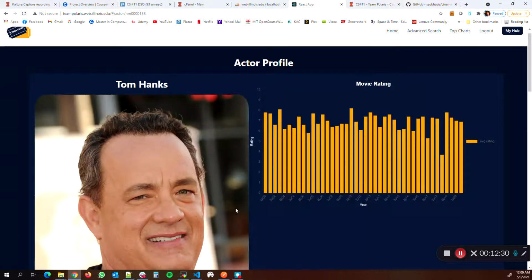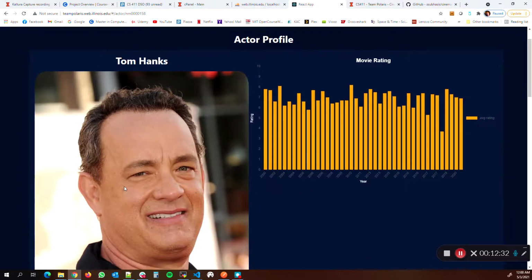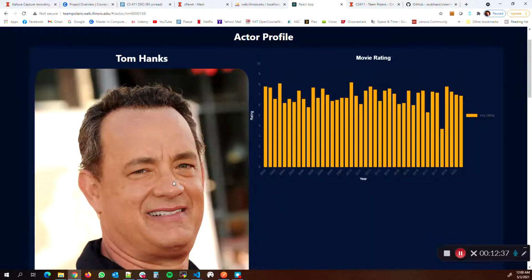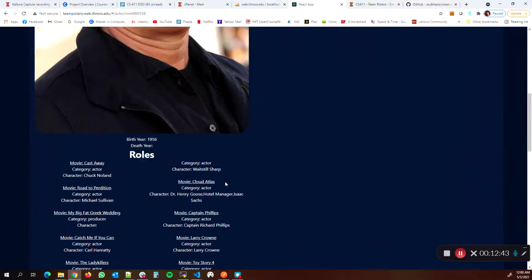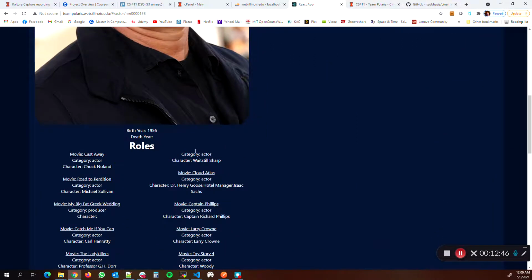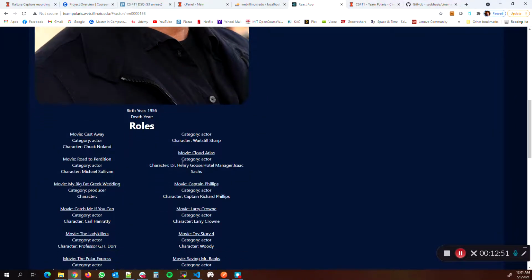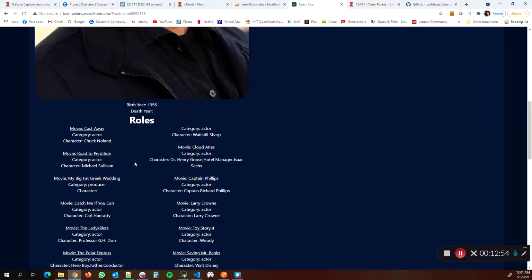In this page, the actor image again comes from an external API, which calls and gets it from the web. And then some of the other basic information is shown, which is fetched from MySQL, again using some views. At the same time, we also show the cast, the movies he has acted in, and these are all clickable hyperlinks, which show the movies and the characters he worked on.